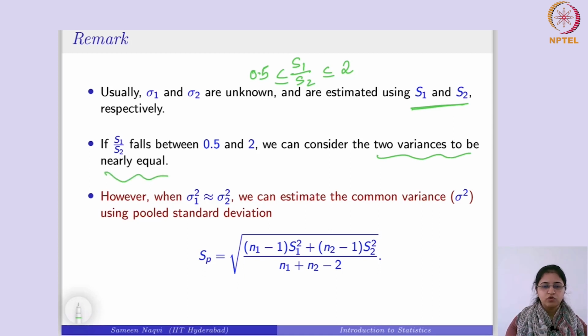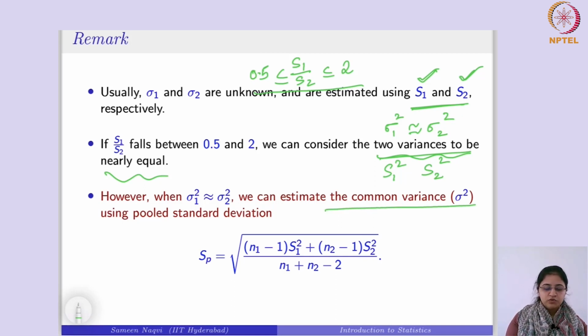So this is basically a rule of thumb, and we say that if it follows this criterion, then we can assume that sigma 1 square and sigma 2 square are approximately the same. And if that is the case, then instead of dealing with S1 square and S2 square separately, you can estimate the common variance sigma square